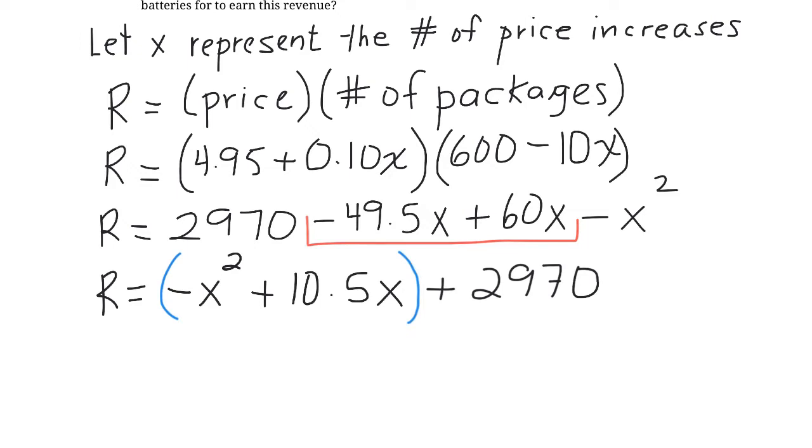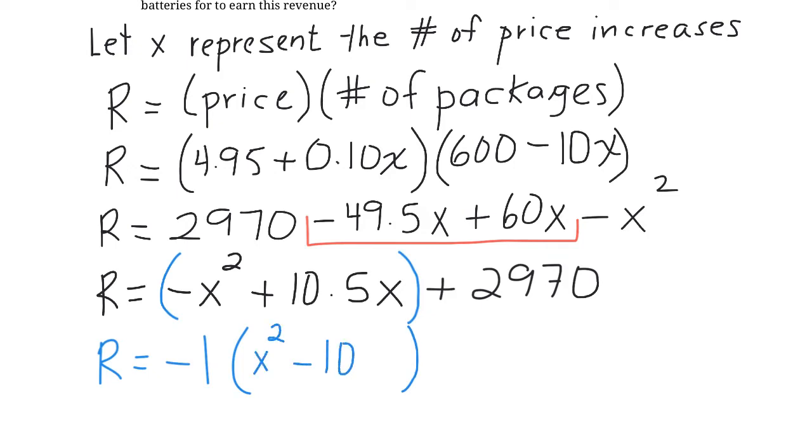The next thing we want to do is look at these two terms and just the numbers that are in front. So for the x squared, we've got a negative 1. And for our x term, we have a value of 10.5. We need to pull out a common factor between those two numbers. The only thing they are going to have in common, however, is just a negative 1. So I'm going to go ahead and pull out negative 1. And then inside the bracket, I'm going to write what would be left over if I divided these two terms by negative 1. So that's going to leave me with x squared